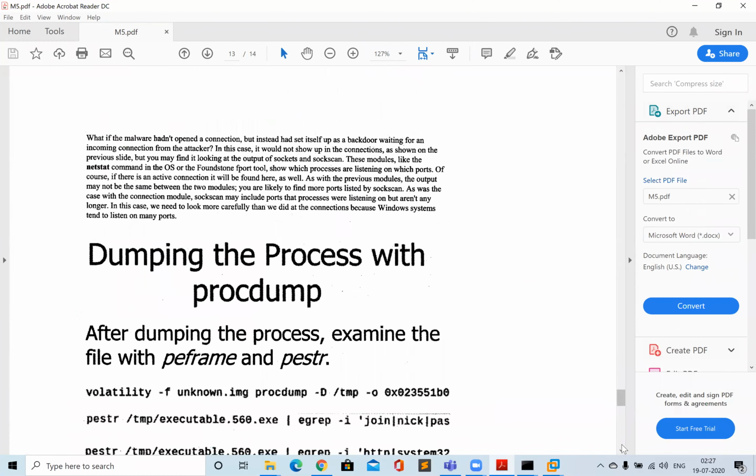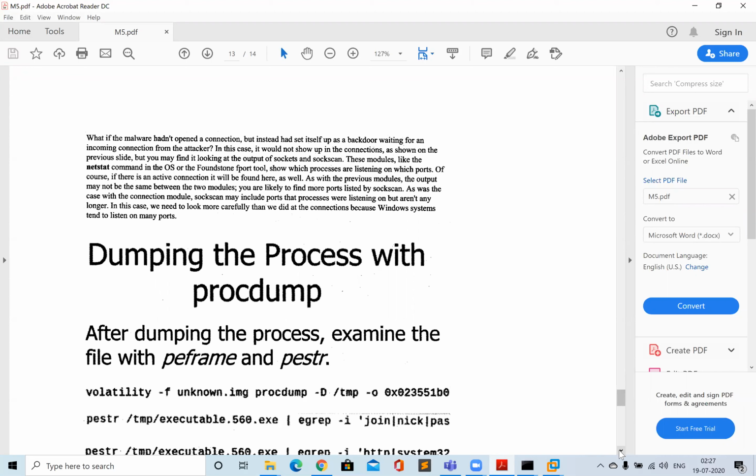So I will tell you guys, let's wind up for today. There was a lot of stuff we discussed, and from next time we will see how to dump that process from the memory, how to do other stuff like analysis of that memory, how to get the malware executable and then perform other kinds of forensics and analysis on that. Okay, so I think that's fine for today, and we can wind up.